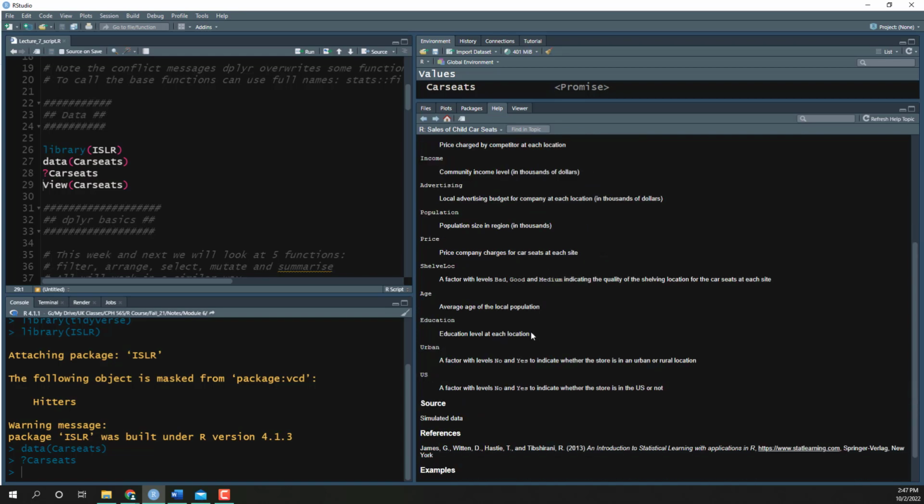We've got education level at each location, that's going to be categorical. Urban is a factor with levels no and yes to indicate whether the store is in an urban or rural area. Again, that's going to be categorical. So just going through each of these and making sure that you know whether or not each of these is